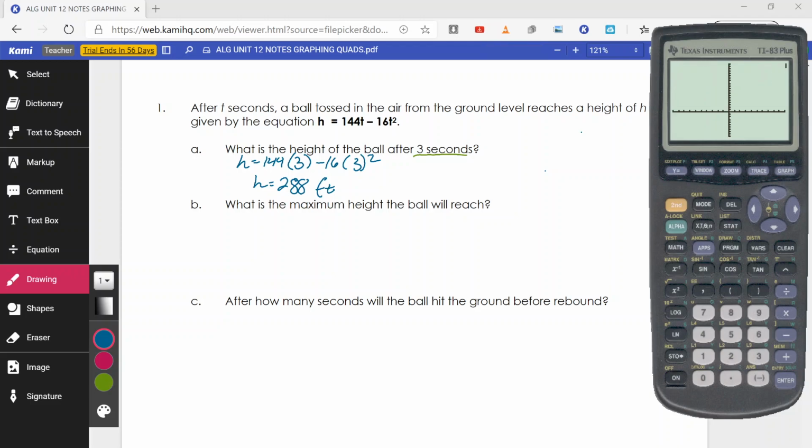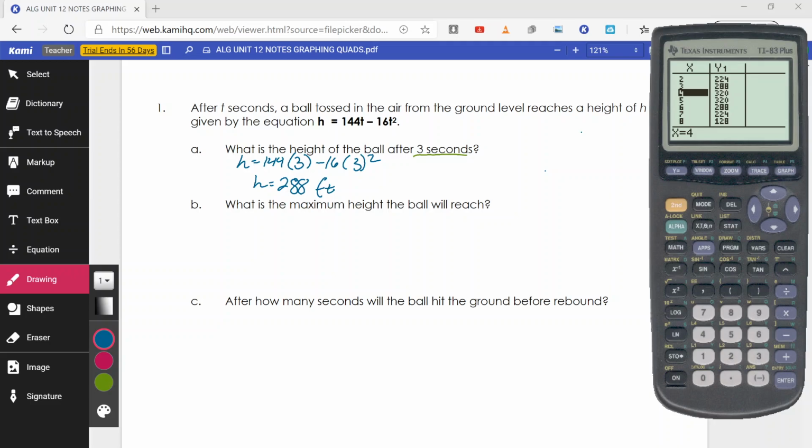So again, looking at a graph is not necessarily going to help. It's easy, we go way up and then we come way back down. So that doesn't really help us. So we'll take a look at the table, and I see that at 4 and 5 seconds, we have the same value, 320. Now with a parabola, there is a specific turning point where it goes back up and it goes back down. So this tells me we're somewhere slightly above 320 feet, and we're somewhere in between 4 and